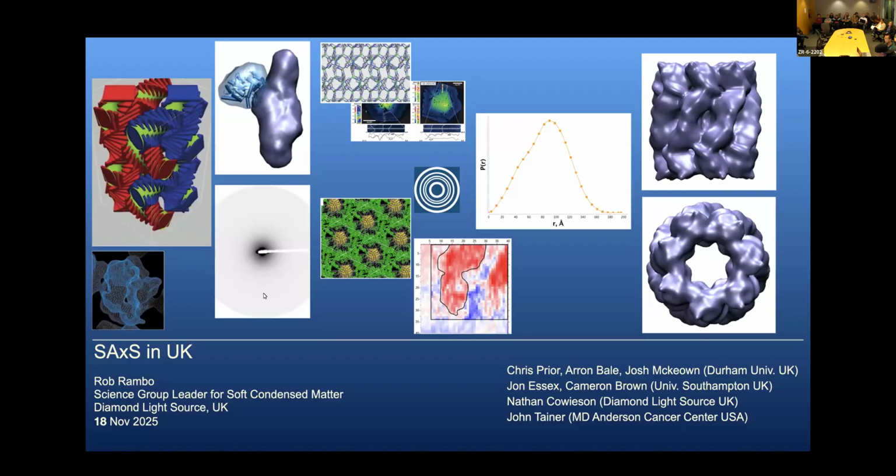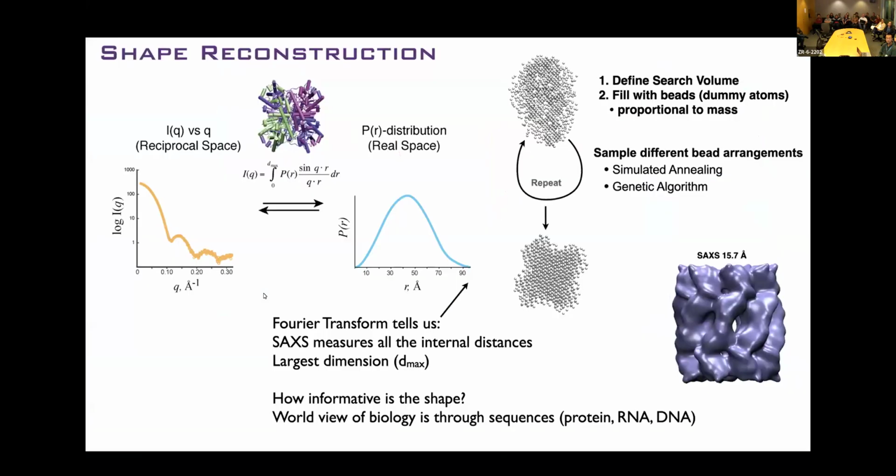So I think when we go forward, this was kind of the view of SAXS for quite a few years, right? You got data, made a little shape, but then you really had to think about how informative this shape is. The worldview of biology as we know it is really through sequence space. We think about our proteins in terms of residues, those residues that are conserved. We look at RNA in the same way, and likewise DNA. So what we really want to think about is,